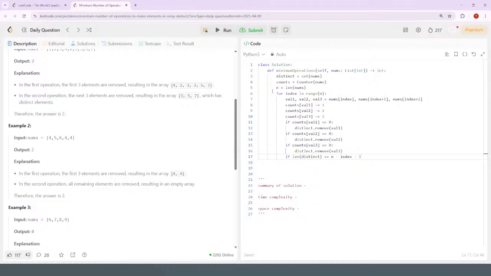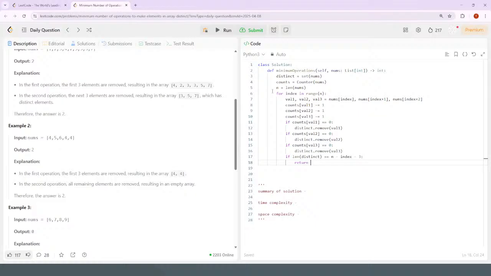So if the index is 0 and the length is 4, then there should be 1 remaining after you remove 3 elements. So 4 minus 0 minus 3 is 1. So yeah, if the length of distinct is n minus index minus 3, then return